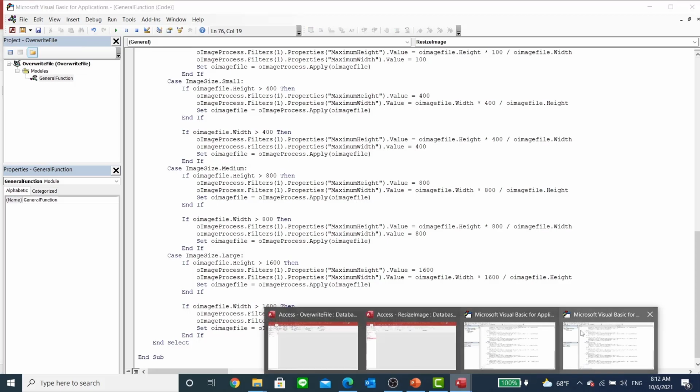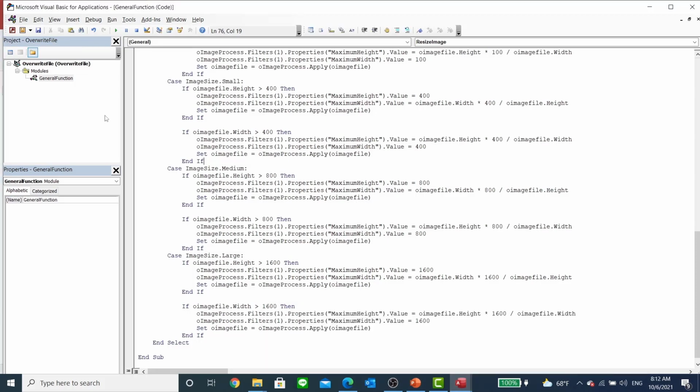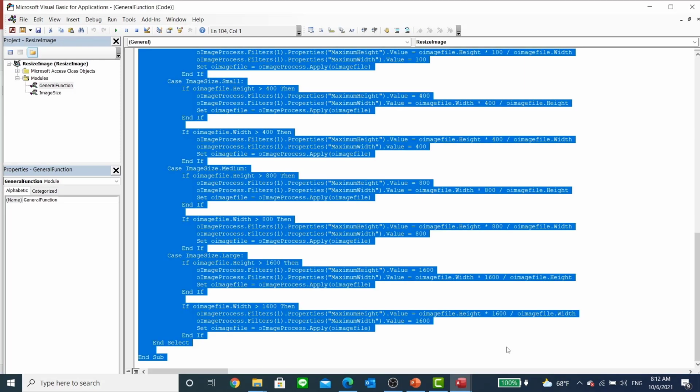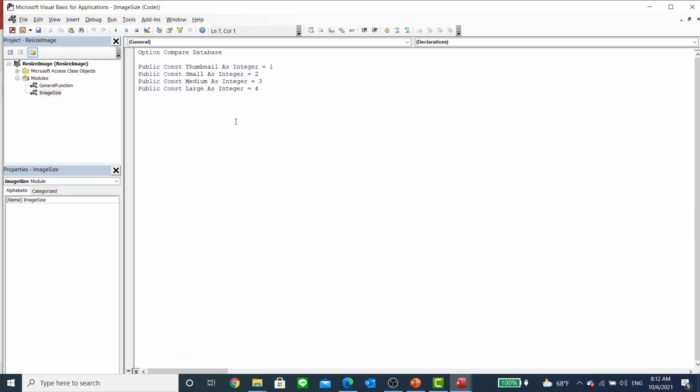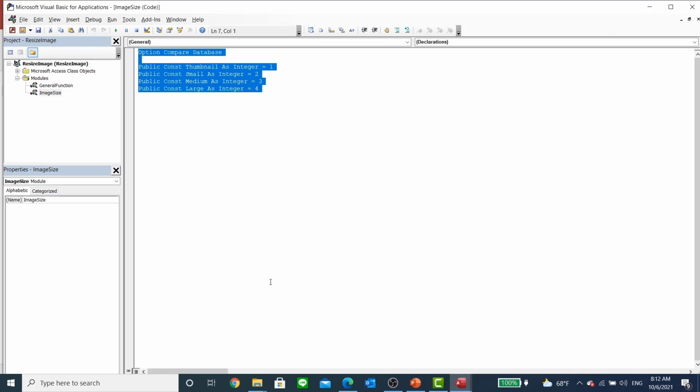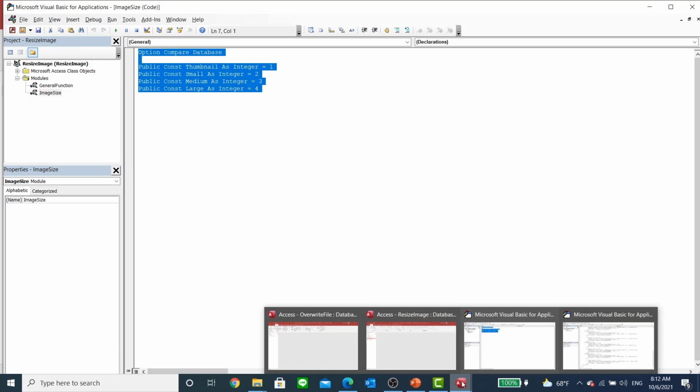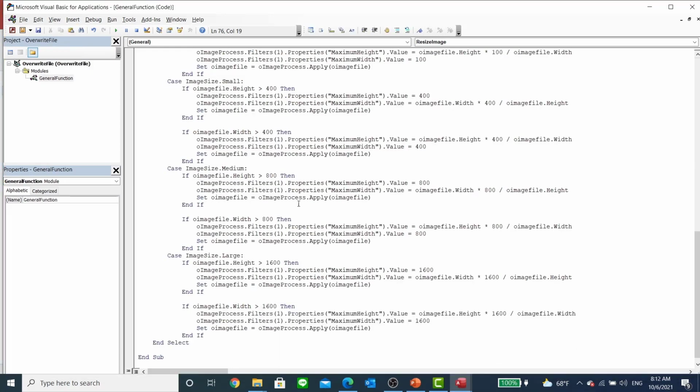And we're going to go back and grab the image size constants that we did yesterday. So double click on that and Control A, highlight, Control C, copy, and pop back to this guy, and